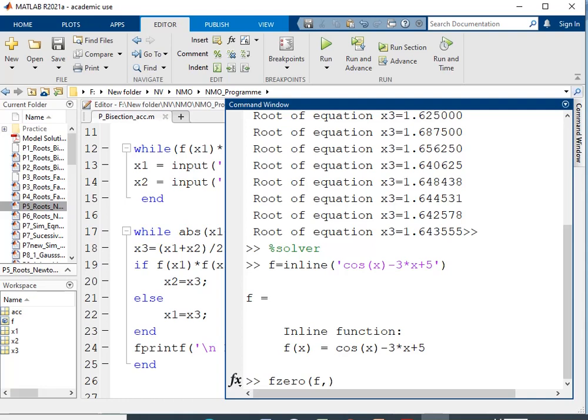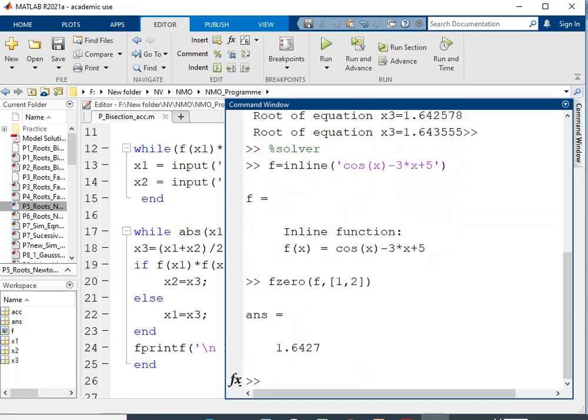So you may use any one initial guess, or you can define the 2 initial guesses in the square bracket also. So we have 1 and 2 as initial guesses, then hit the enter key, and you will get the result. So this is the accurate result, that is the actual root of the given equation, 1.6427, and up to the desired accuracy we get 1.6435.